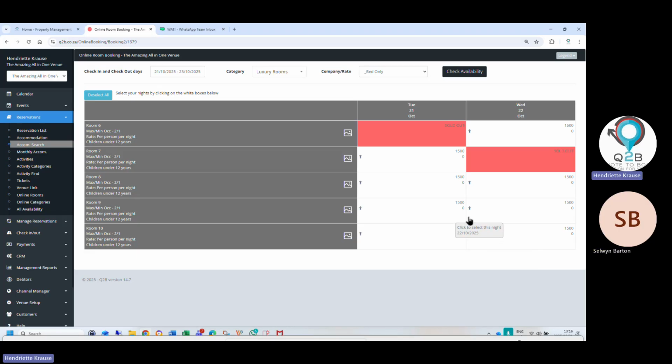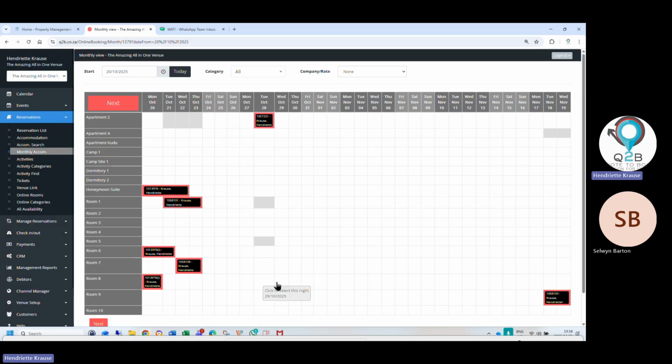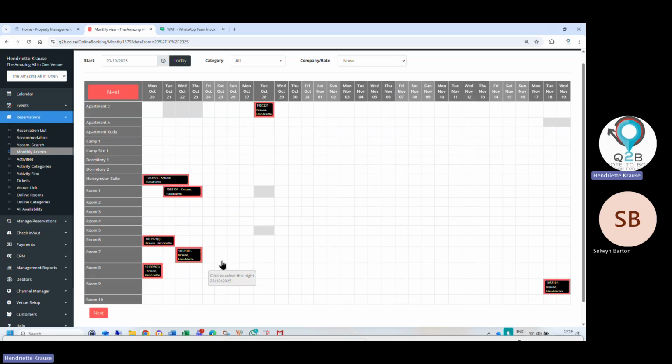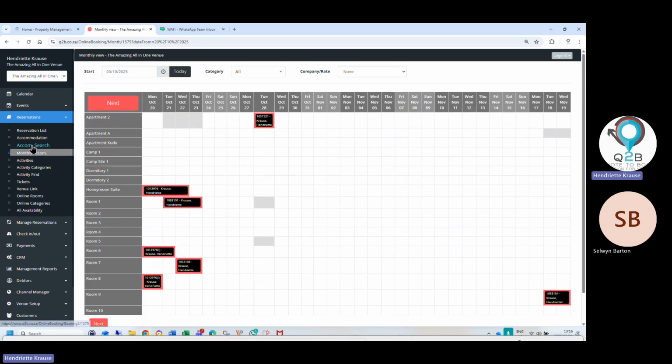But that is more for a camping site that's got 200, 400 stands, and I quickly want to search what they've got open still. Here, if you don't have a lot of rooms, I can easily see what I've got available, but you can imagine our biggest client has got 480 stands, and the smallest one has got 4 rooms. So to search for what I've got left, it's easier to go to accommodation search.